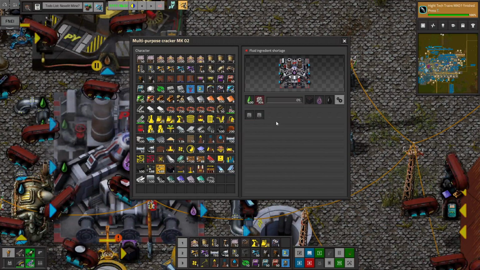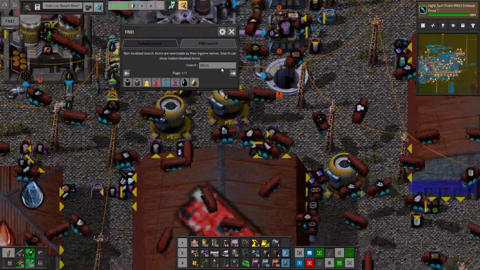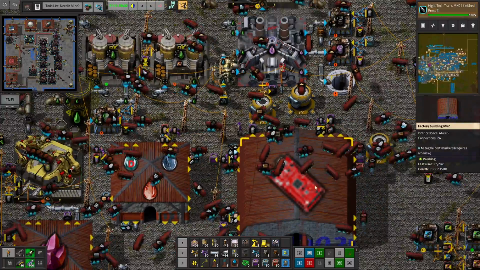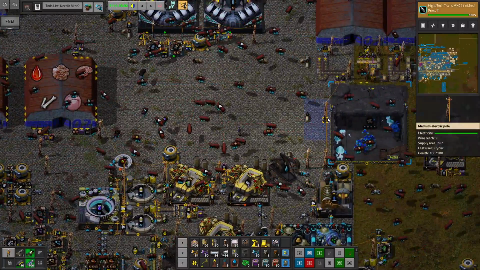Okay, so that should do it for olefins. And I needed olefins to make nexelit batteries, I believe, is where we were going with that. So let's...